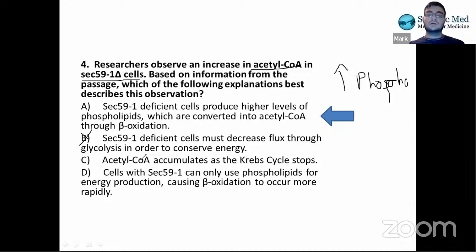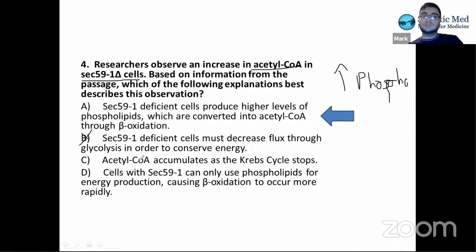Eventually, maybe the Krebs cycle will stop because your body will say, I have too much energy, I don't need to make more energy, and it will put the Krebs cycle on hold. But that doesn't really explain why the amount of acetyl-CoA is increased, at least not directly. Acetyl-CoA increases because you have beta oxidation, which leads to a lot of Krebs cycle, which then leads to a negative feedback loop, which leads to less Krebs cycle,